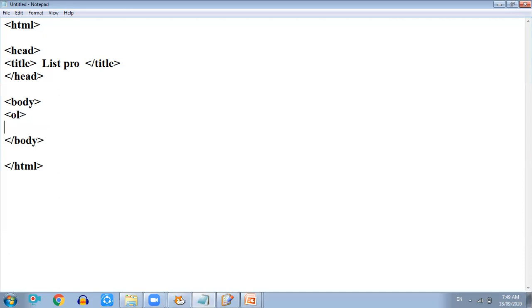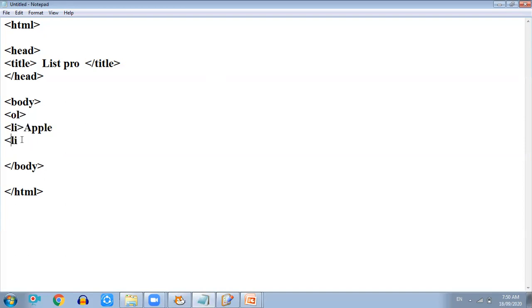Whenever you want to create any list item, now we want to give fruit names, 5 fruits I want. So the ordered list will come with 5 fruits. Let's start. Apple, second. We should write li, list item. Li stands for list item. OL stands for ordered list. These short forms and full forms are very important, please remember. There is no need to close this li, list item, we just have to type li on each line.